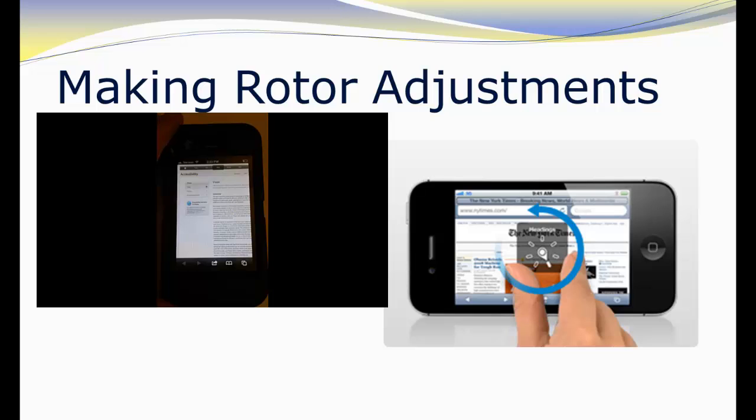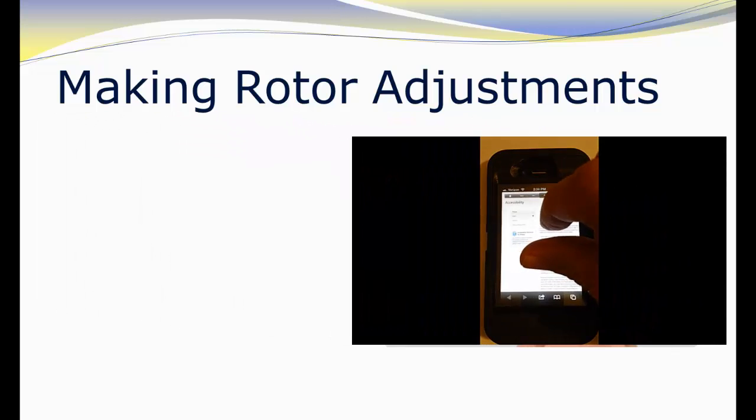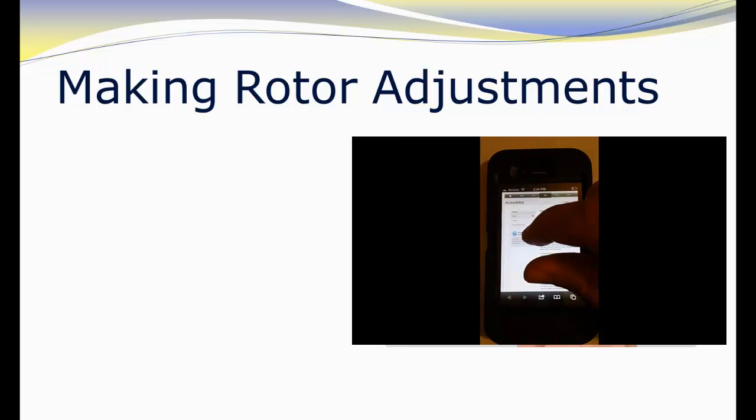You can change VoiceOver settings using the rotor. The rotor is a virtual knob or dial that can be turned to change a setting. Using 2 fingers, hold them as if you were going to use them to turn a dial, such as one you might use to adjust the volume of a radio or TV. Next, press them against the screen. While holding the fingers in the dialing position on the screen, turn or rotate them as if you were adjusting a physical on-screen dial. It doesn't matter where on the screen you do this, the device knows you are making a rotor adjustment by the placement of your fingers.